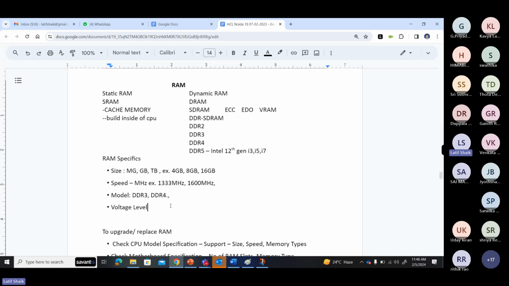For example, I have a laptop. Now, I want to add 8 GB to my 4 GB RAM. So already 4 GB is there, and I want to add 8 GB. How to add it? Is my CPU compatible for that? Is the model compatible with my motherboard and CPU? What is the voltage level specified for this particular motherboard? Only that voltage level can be added. Okay, it's not as easy as just removing and inserting RAM. It may not work. So RAM should be compatible with both your motherboard and processor. Okay,